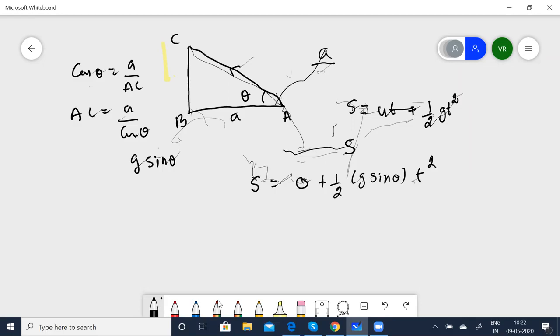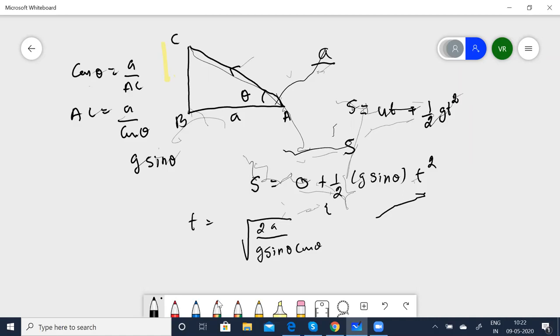So now you know S is going to be A. So t is equal to root over 2a by g into sin theta cos theta. I've just substituted and simplified because we have time restrictions. I'm not doing it elaborately. You can as well understand. So it is now going to be root of 2a by g sin theta cos theta. But you know, sin 2 theta is 2 sin theta cos theta.